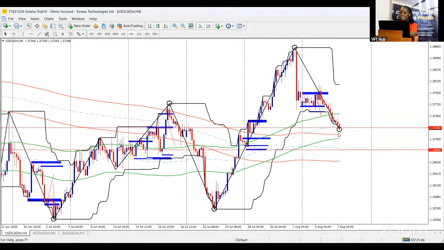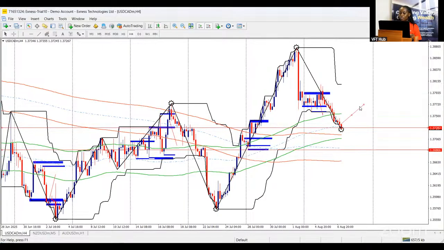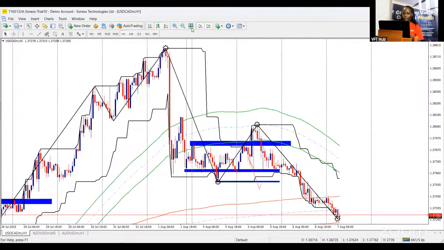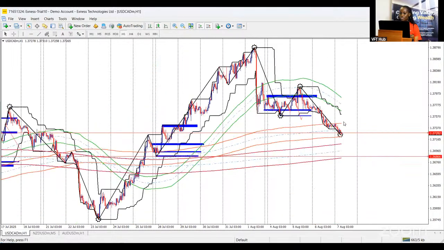So I'm seeing this now, sunshine has been printed. I'm expecting a temporal buy from this level, a temporal buy. Where is it going to buy into? This is where we'll go on the H1 time frame to have more data. On the H4 now, right? We're expecting retracement. The most likely area where USD/CAD is going to retrace into first would be here, inside our momentum indicator. This is likely where it's going to buy back into